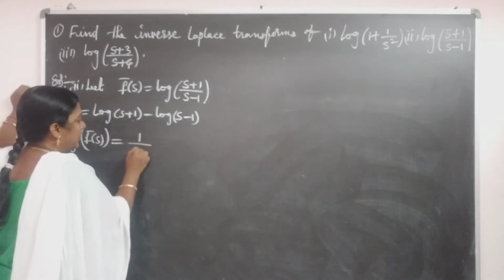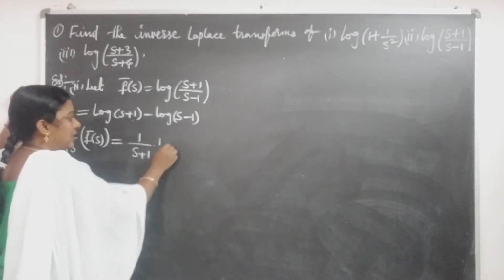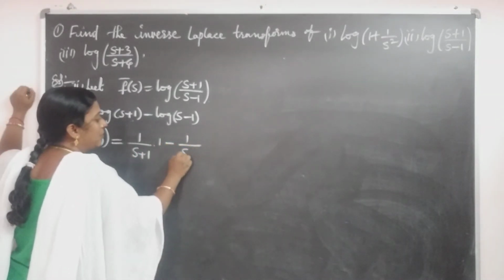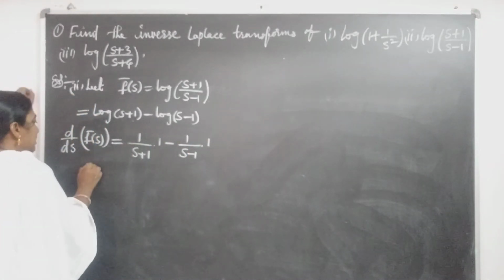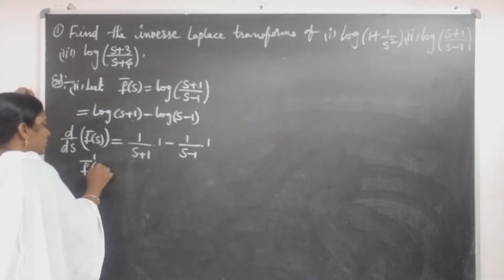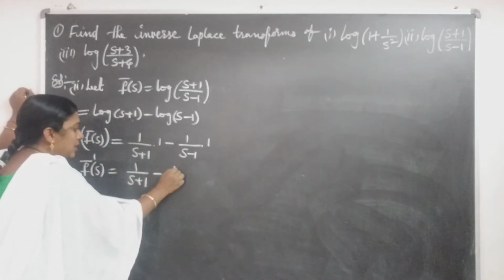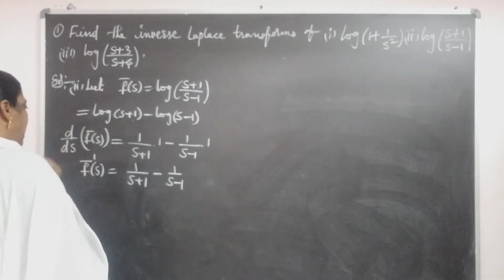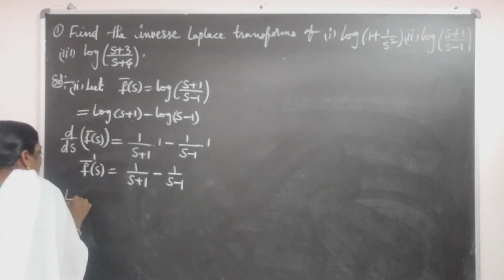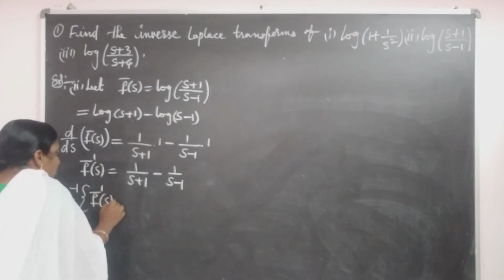plus 1, whose derivative is 1 by s plus 1, again s plus 1 derivative is 1, minus 1 by s minus 1, again s minus 1 derivative is 1. It is nothing but f bar dash of s is equal to 1 by s plus 1 minus 1 by s minus 1. Now taking inverse Laplace transform on both sides, L inverse of f bar dash of s is